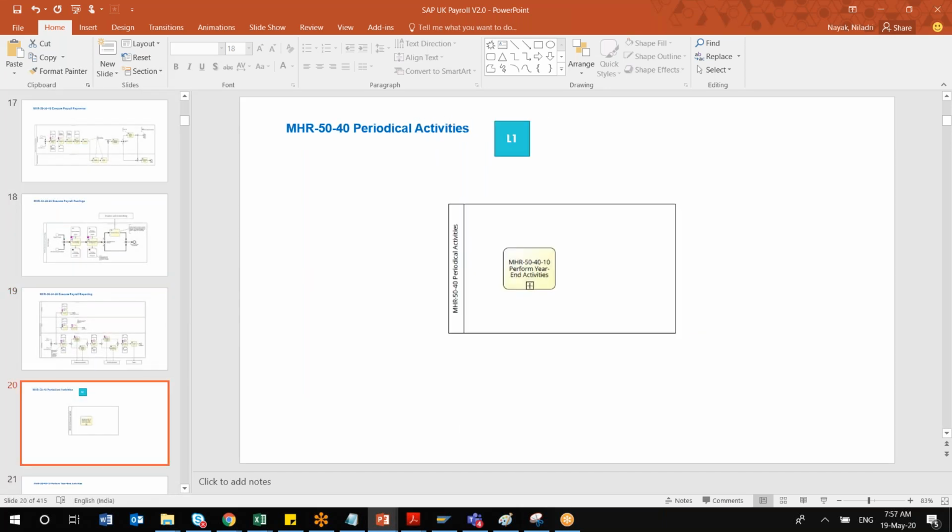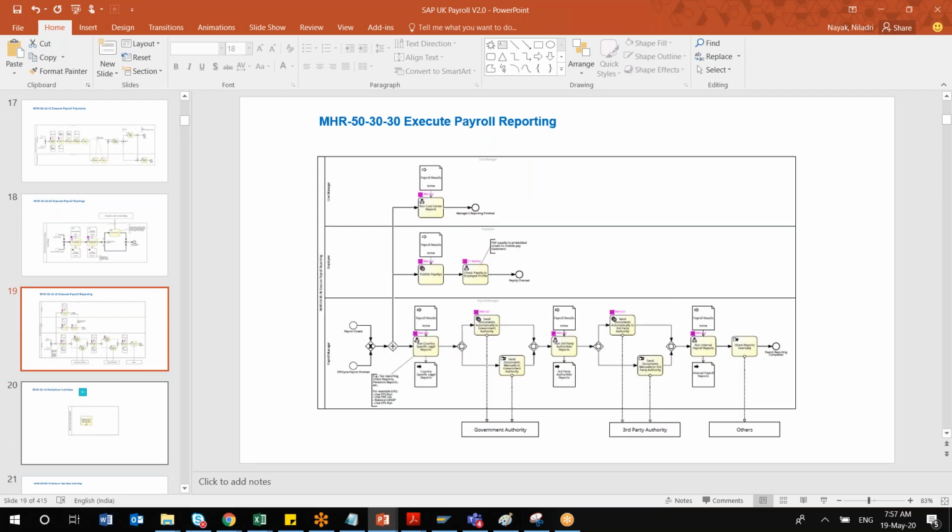Other than that, there is the reporting part, and there are many standard reports available for UK payroll. What are the different third-party remittances? So once your payroll posting is done, how does this go to the bank? Because at the end of the day, the bank will be paying that amount, crediting that amount to employees, right? So how does it go, how is the interface between your finance and bank? Generally, in 90% of cases people skip this topic. But I will be covering this whenever we discuss finance.